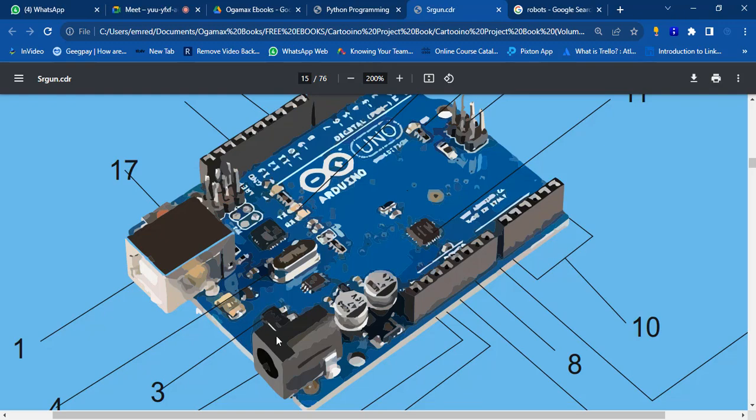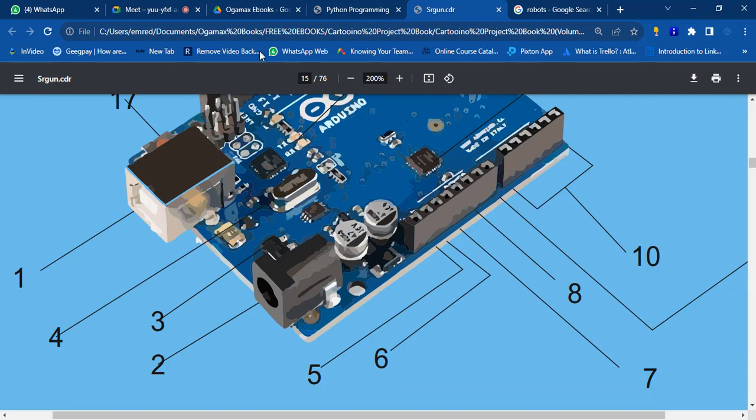Then you can now remove it after it's been uploaded. After the code is uploaded successfully, you can inject it and connect it to power directly through the second port here. Okay, so